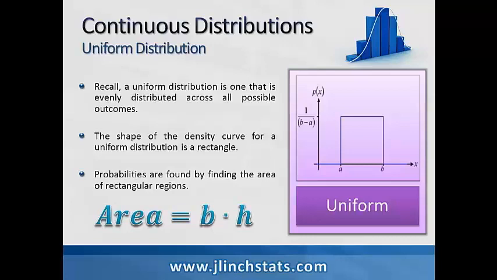And recall that the area for a rectangle is base times height. So determining probabilities on a uniform distribution is very simple. Every slice of a rectangle is still going to become a rectangle. Underneath the entire uniform distribution, we have an area of 1. In any interval along that rectangle, probabilities can be found by slicing a certain section of that rectangle, which will in turn be another rectangle,